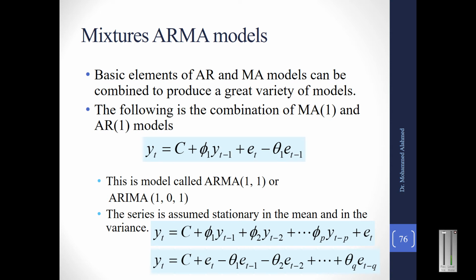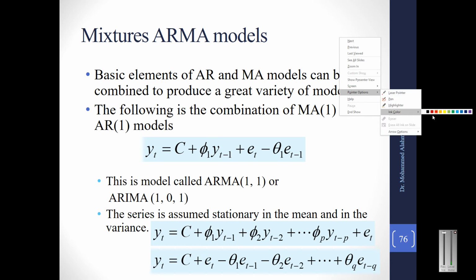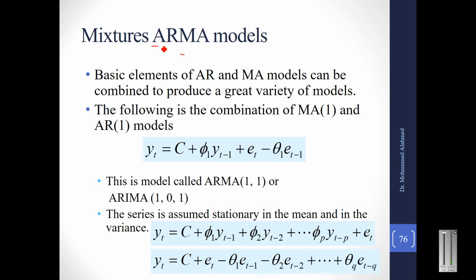So as we saw in the previous lecture, we dealt only with AR, and only with MA, and this time we will deal with AR and MA together. So basically ARMA is a combination of MA1 and AR1 models. You can see we define Y in terms of C. So we have phi 1 and yt minus 1. Since you are having a lagged time series here, this particularly represents the AR model. And since you are having only one lag, it represents the AR1 model.